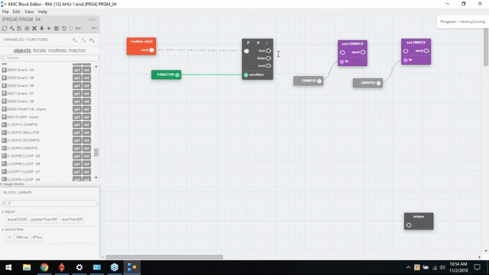So if the fan status is on, allow the chill water valve to be controlled by the PID loop. We'll just connect this guy on here. Also, the PID loop is going to control the hot water valve. So what if we're false? Let's copy and paste again. I have another set that comes down here. So for false,